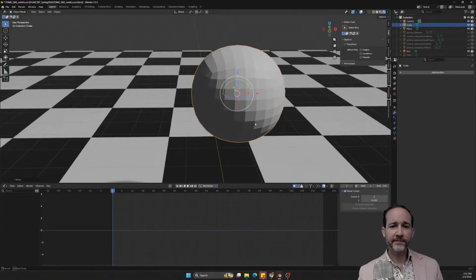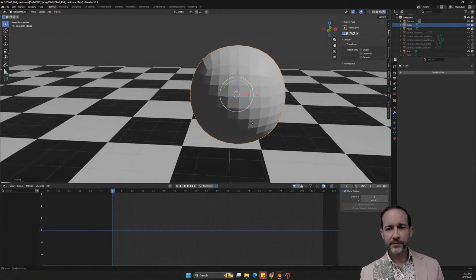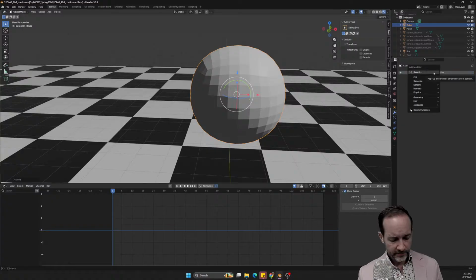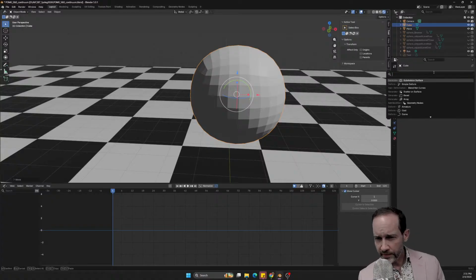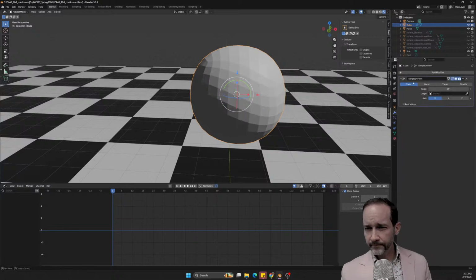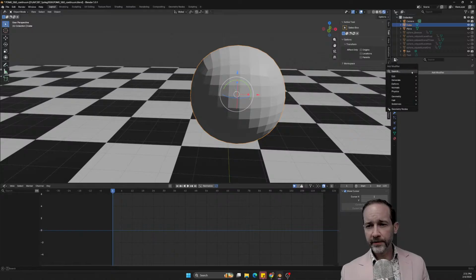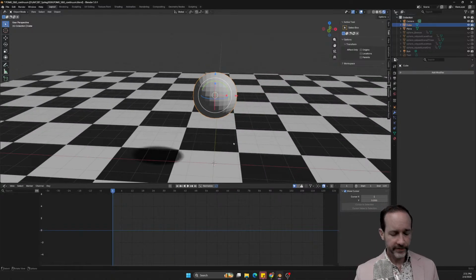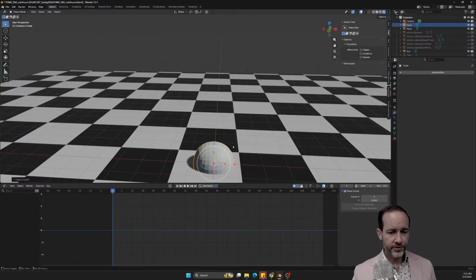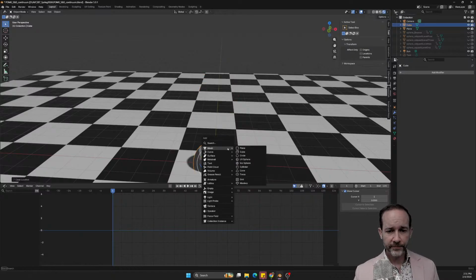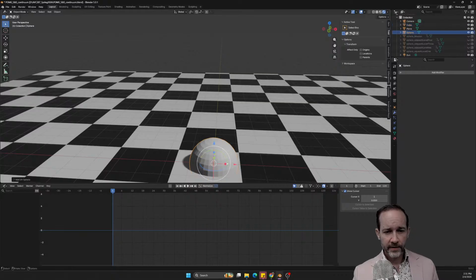Although when you do this with the subdivision surface by default in Blender, it's not perfectly spherical. Something we could do to turn this into a perfect sphere is, I'm going to Alt G it, and I'm going to Shift A and make a perfect sphere, one of the UV spheres. And then something we can do is we can take the